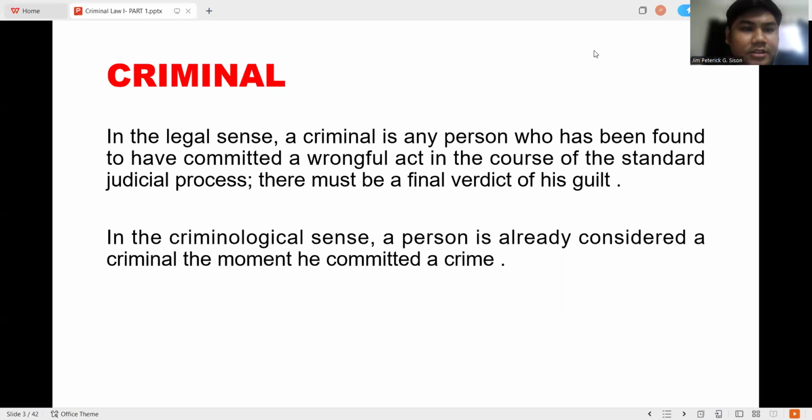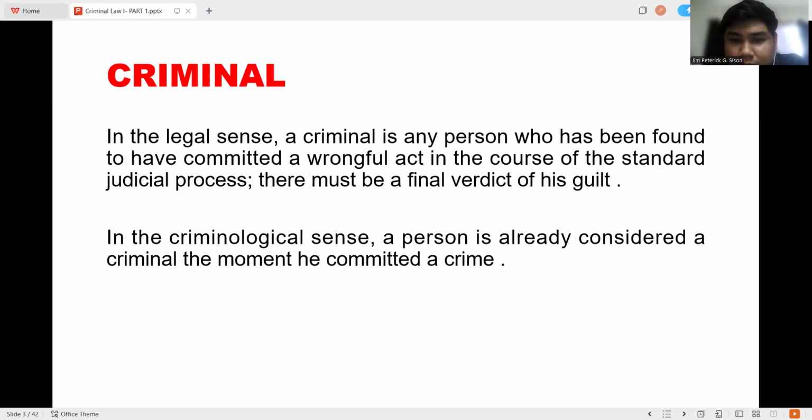Attorney, define criminal. So we have here the two definitions of a criminal. Number one, the legal sense or the legal definition, and the second one, the criminological sense or the criminological definition. For the first definition, the legal definition, a criminal is any person who has been found to have committed a wrongful act in the course of the standard judicial process, and there must be a final verdict of his